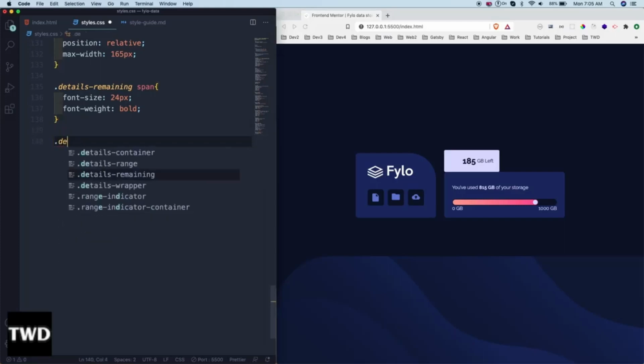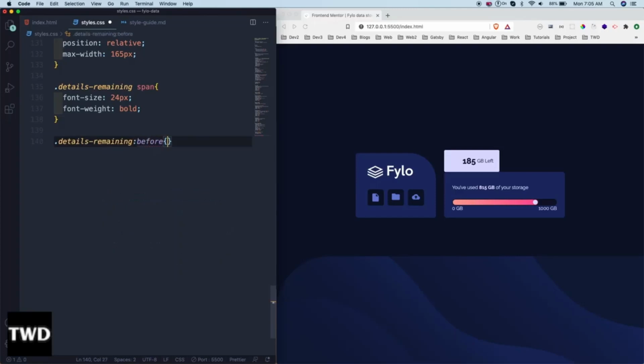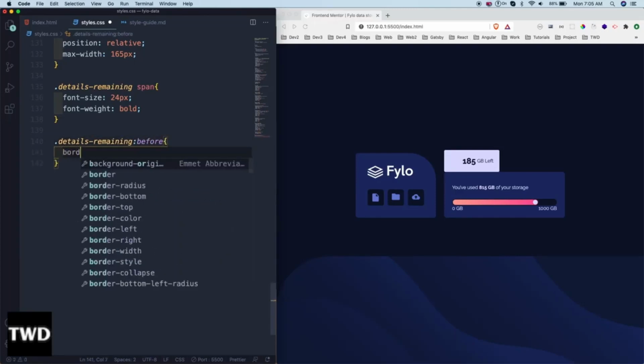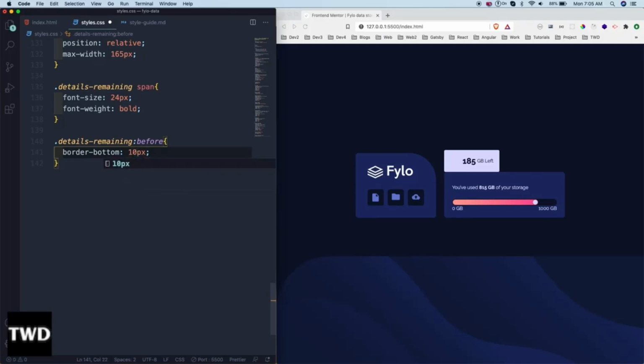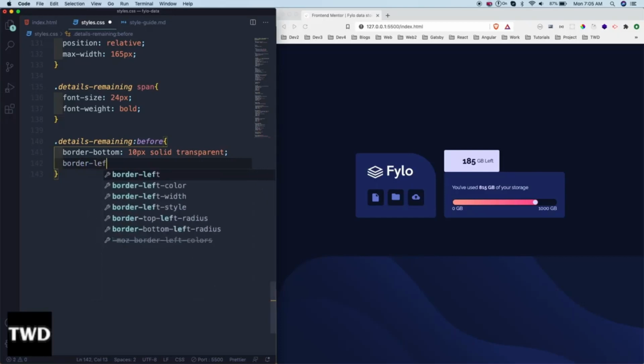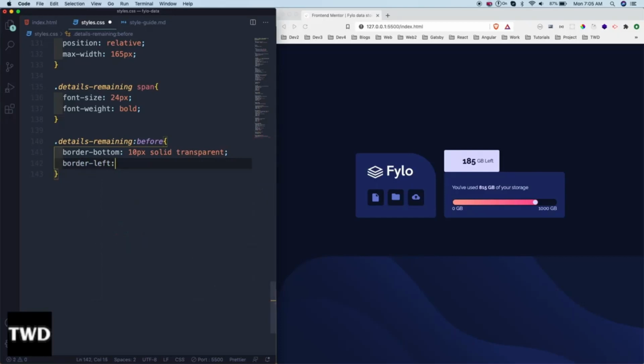Dot details remaining before, border bottom 10px solid. So there is a trick to make a triangle, so we are using that trick. Transparent, you can always search how to make a triangle in CSS and you will get that trick. Border left is 10px solid transparent,